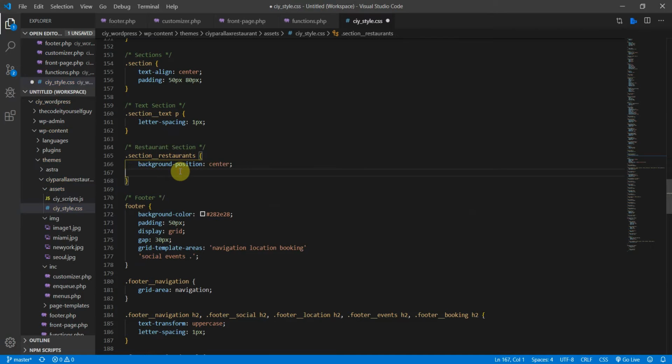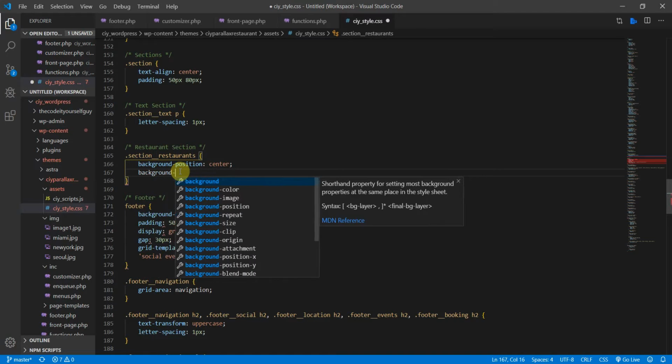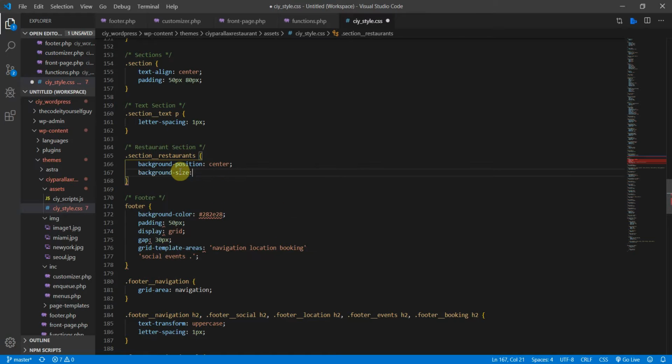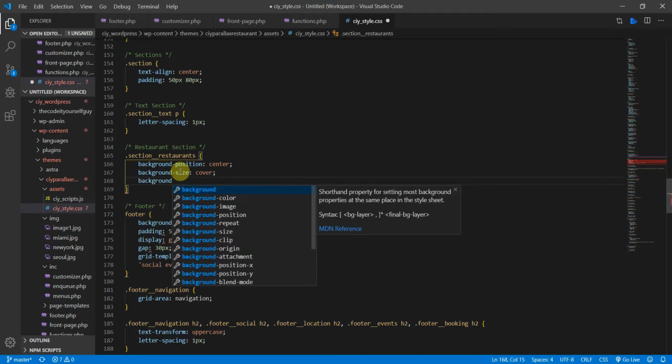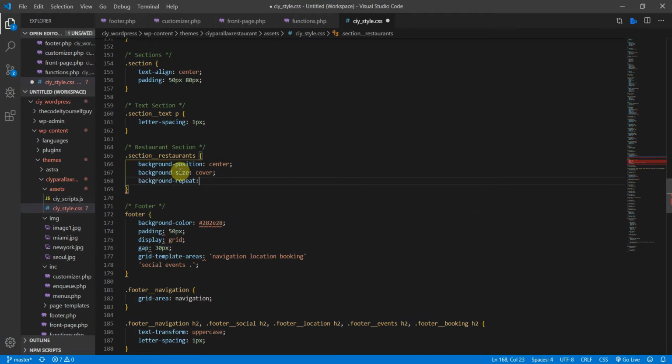All right, and the background size is cover, and then background repeat is no repeat,